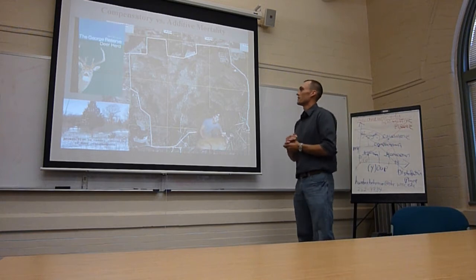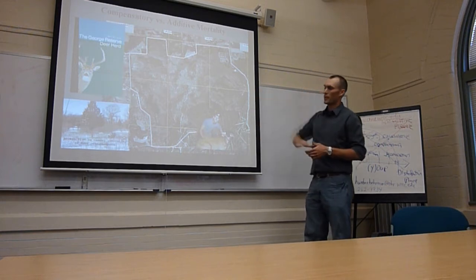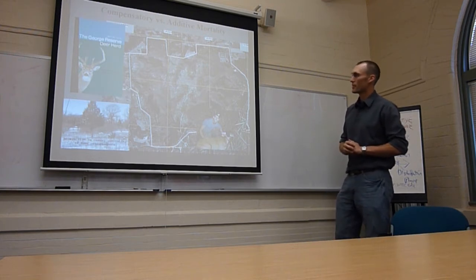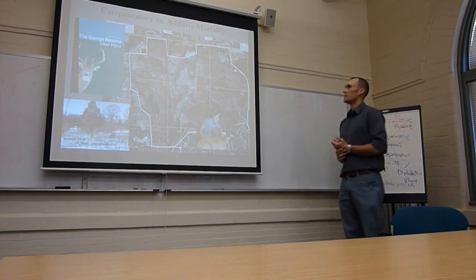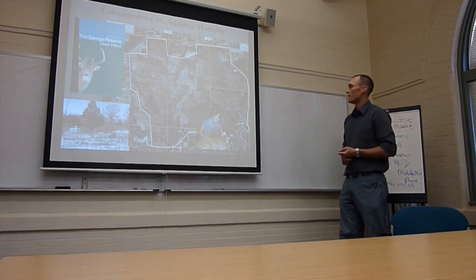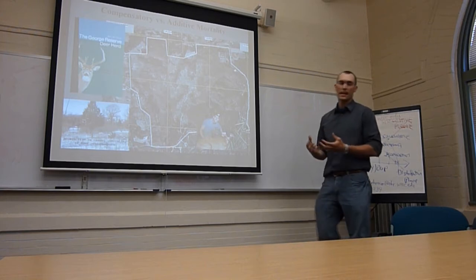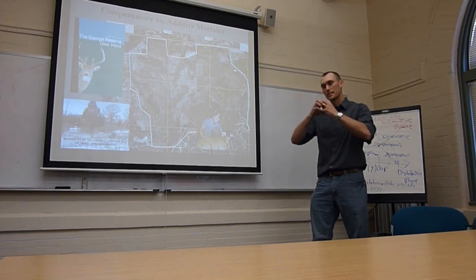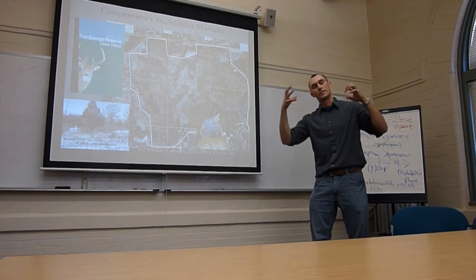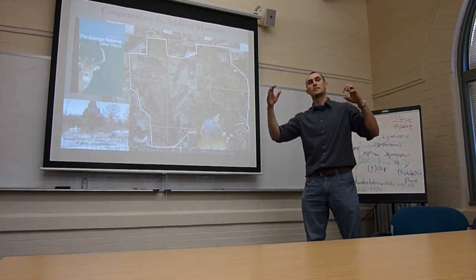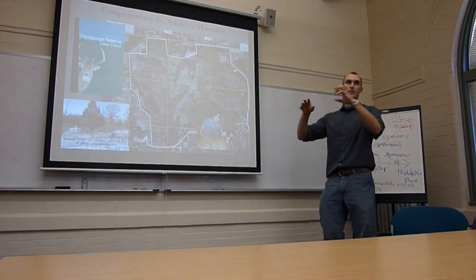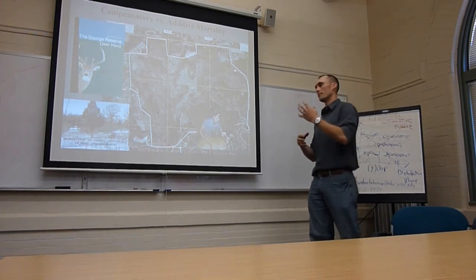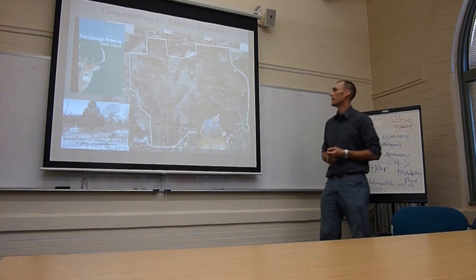Then the idea of compensatory versus additive mortality. This is where I lived when I was an undergraduate student at University of Michigan. It's the George Reserve, just outside of Ann Arbor. It's where some of the pioneering deer population dynamics work was done. But the idea behind compensatory versus additive mortality is if you have a population and you shoot some individuals, you take some individuals out from that population, the surviving individuals will continue to survive at a higher rate because of the removal of their competitors. So many of the species that we hunt, it's largely compensatory mortality.